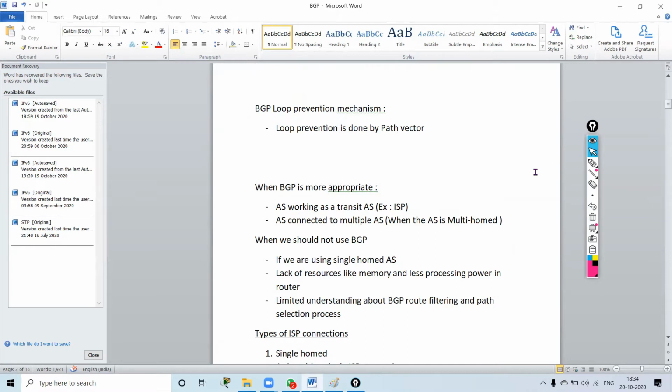AS working as a transit AS. Transit AS means all the other autonomous systems are communicating through my autonomous system. That is an example of an ISP. All the companies, all the autonomous systems will be connected to the ISP. So the ISP will have an autonomous system, known as a transit autonomous system. So BGP is more appropriate when you are a transit, when you are an ISP. Second,